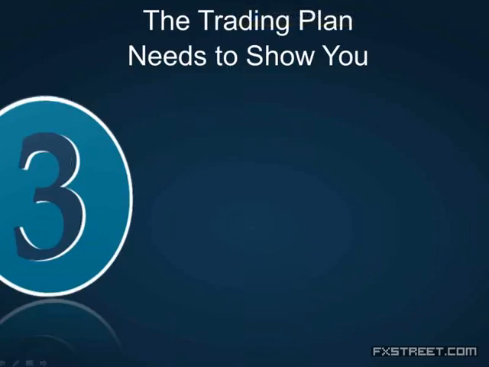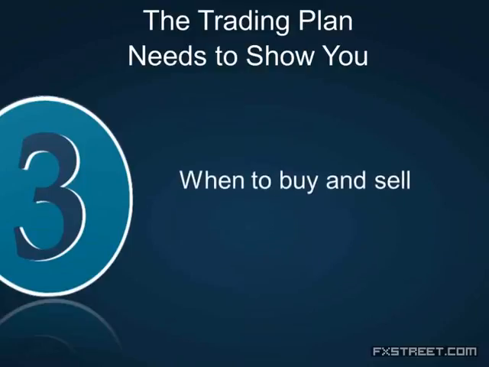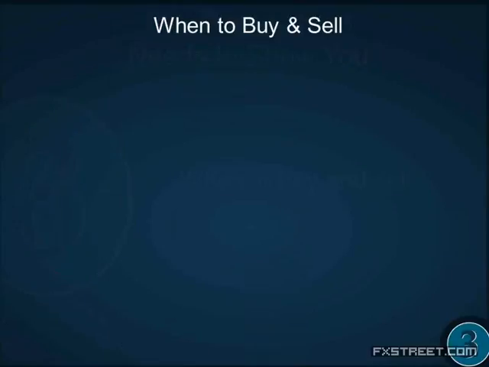Now, step 3, I told you we need 4 steps before you can get there. Step 3 is going to be when to buy and sell. Step 1 was what levels to buy and sell at. Step 2 is market and direction. Step 3 is when to buy and sell. That's what we call a trade setup. Okay, when to buy and sell is our trade setup.